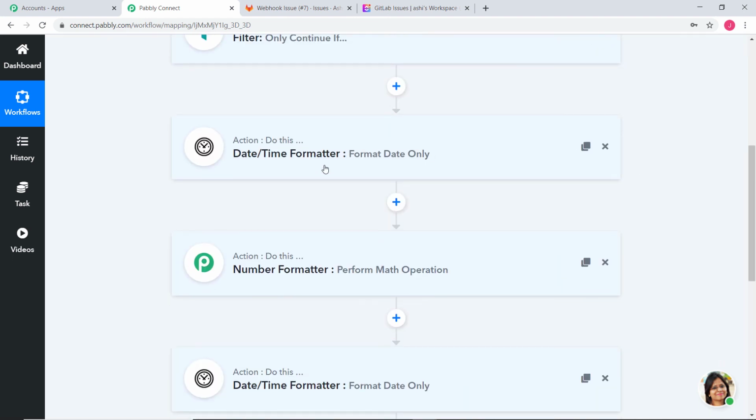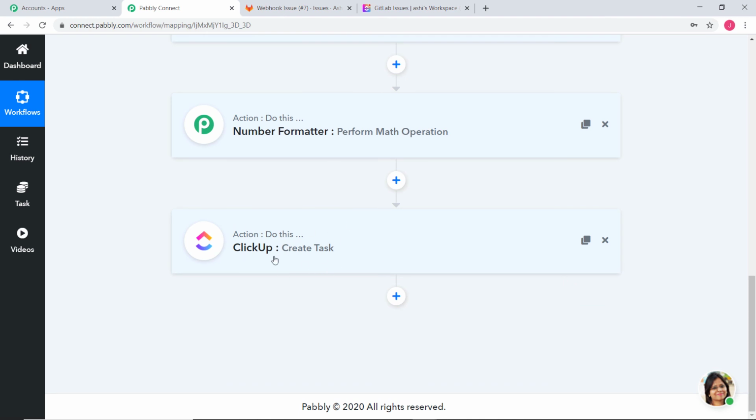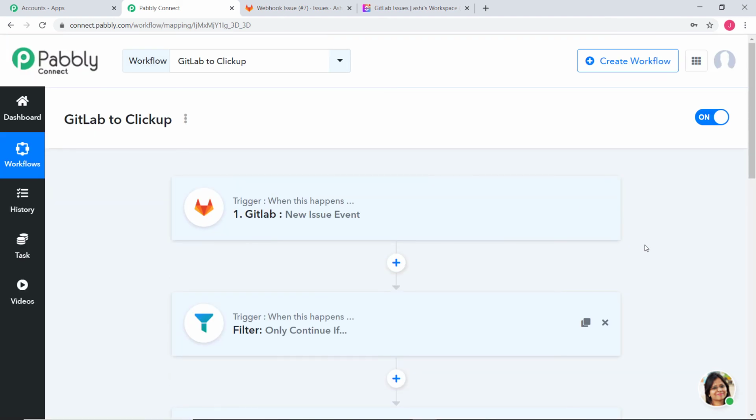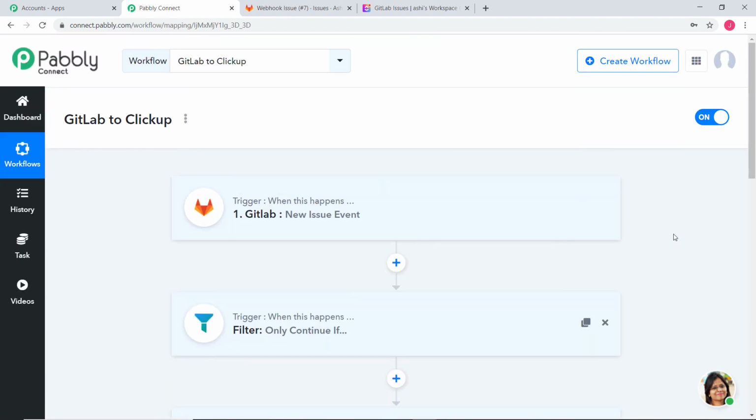After that, we used the date or time formatter and number formatter in order to convert the date into timestamp and into milliseconds. We had to do this twice because first we converted the start date, then we converted the due date. After that, we created a task in ClickUp. So now, every time a new issue is created in GitLab, automatically a new task will be created in ClickUp. So we have successfully finished the integration of GitLab and ClickUp using Pabbly Connect.